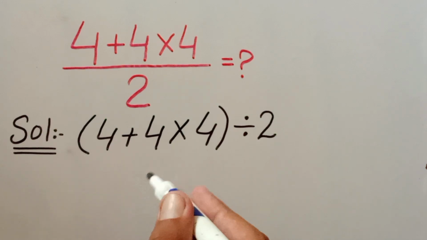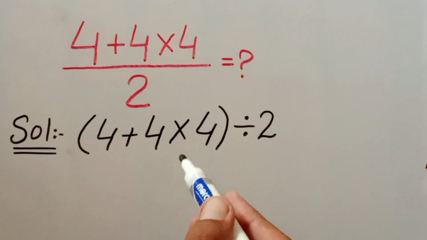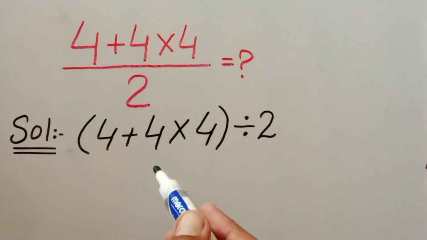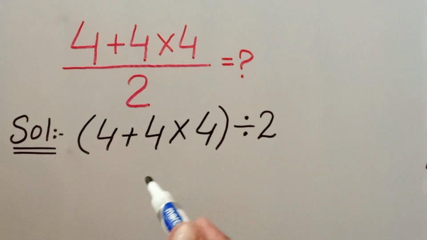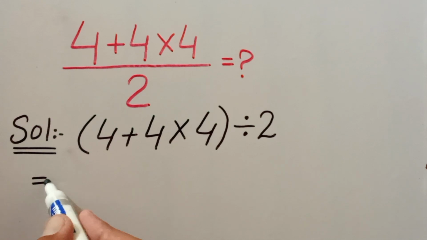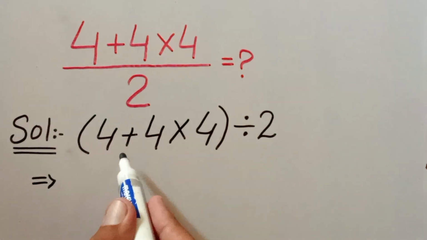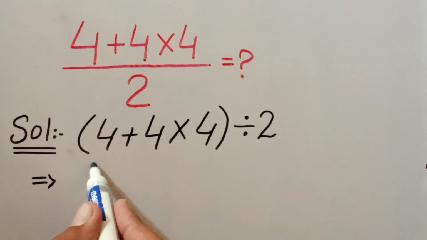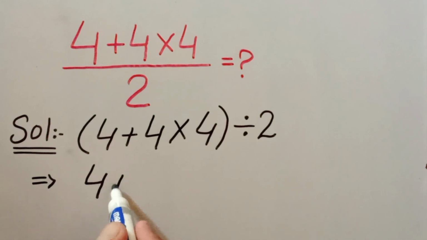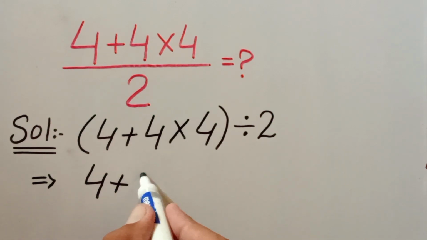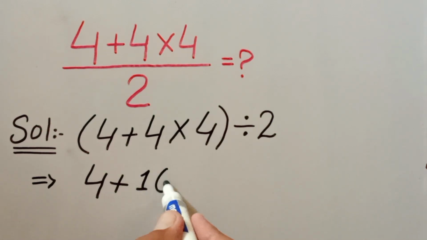But in the parentheses there is one addition and one multiplication. We can solve the multiplication first because multiplication has higher priority than addition. So 4 plus 4 times 4 equals 16